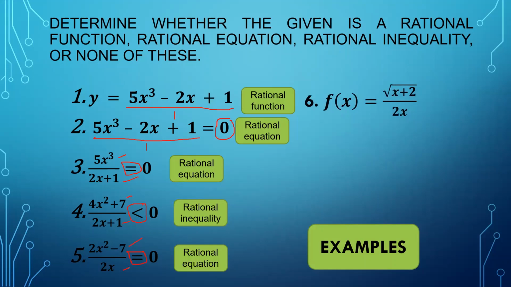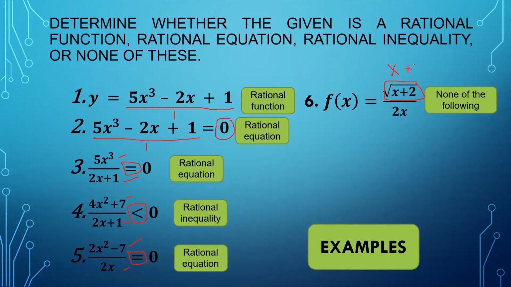Next, we have number 6. f of x is equal to the square root of x plus 2, all over 2x. So again, this one is none of the following. It is not a rational function, it is not a rational equation, it is not a rational inequality. Why? Because the numerator, which is this one, square root of x plus 2, is not a polynomial. If we talk about a polynomial, the exponent of x should be a positive integer. The square root of x plus 2